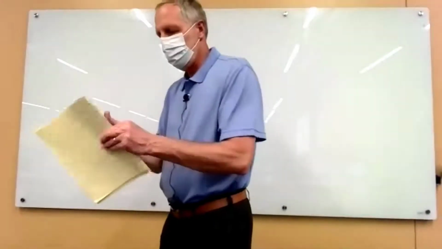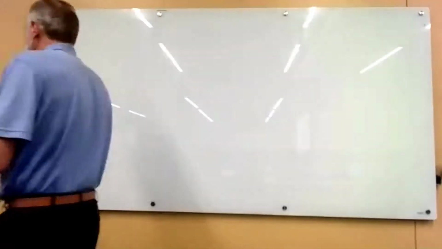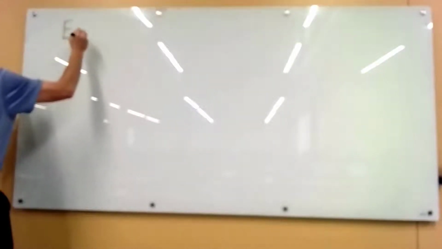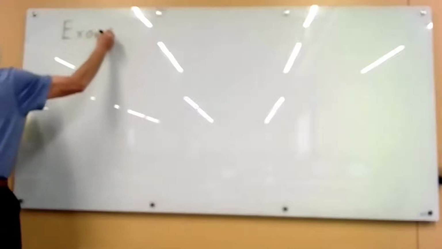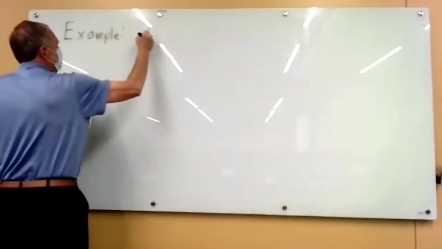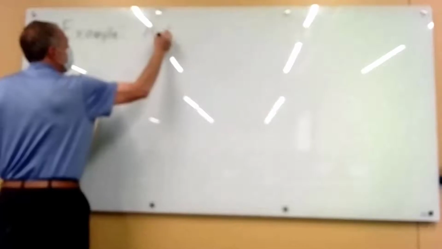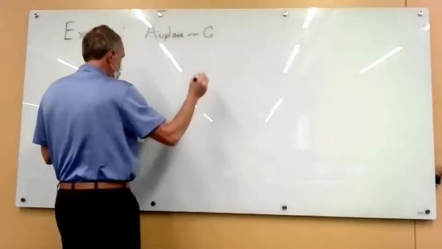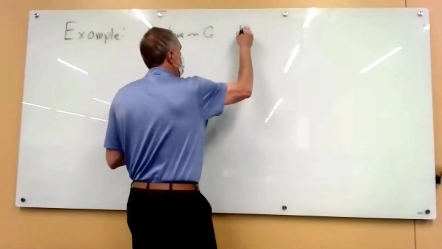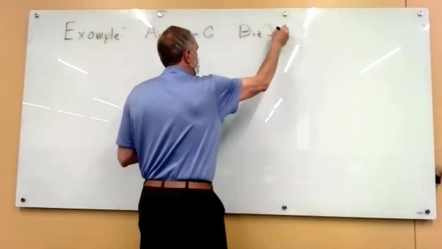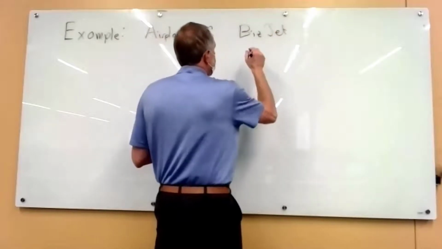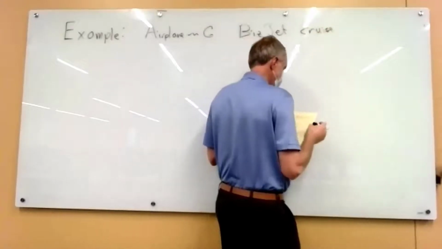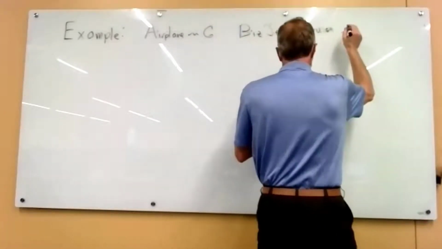So we're going to do an example of the longitudinal dynamics, calculating the denominator polynomial. And this is an airplane similar to airplane G. It's a bizjet. It's in a cruise condition. And it's in a table,